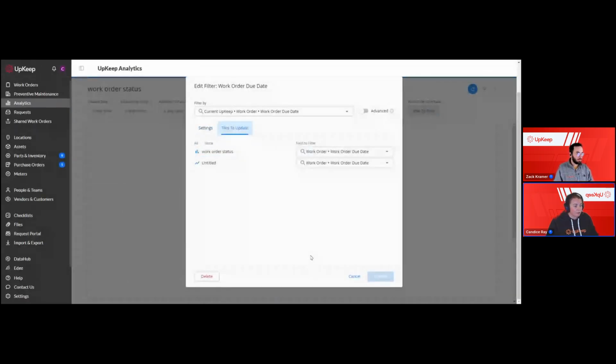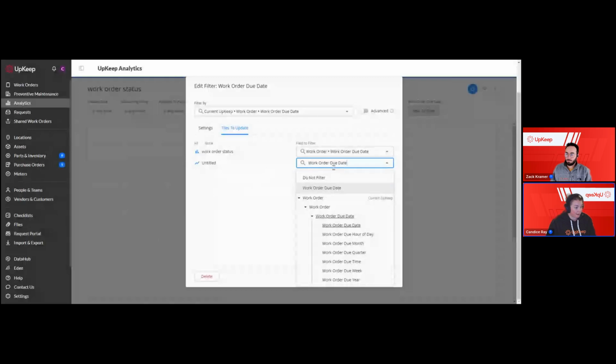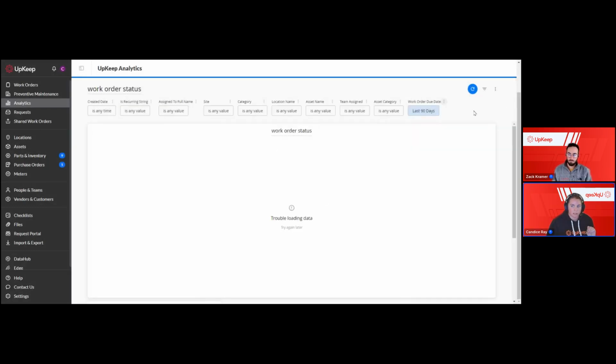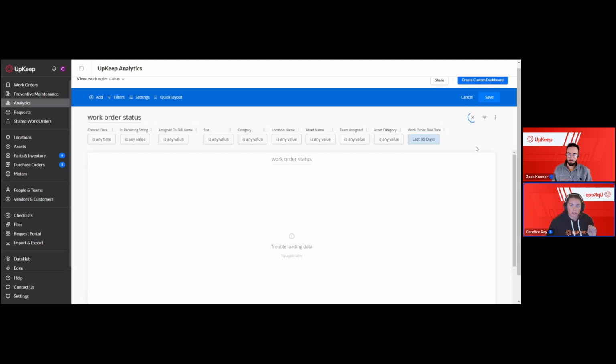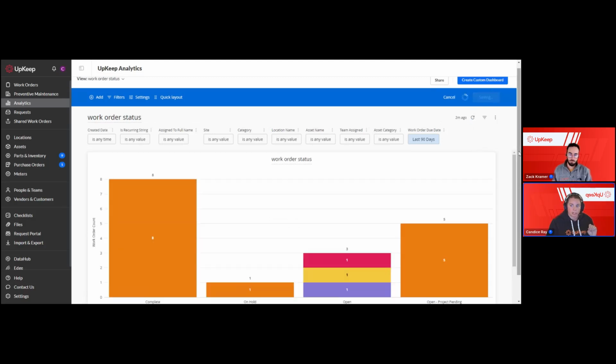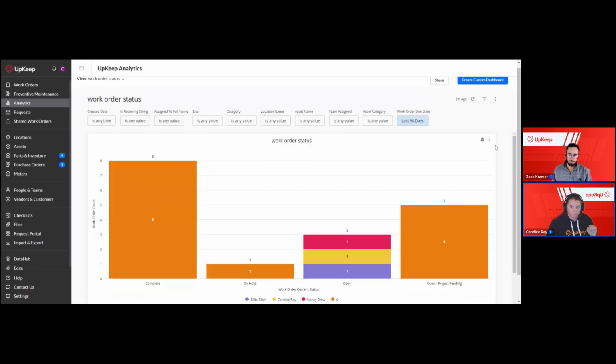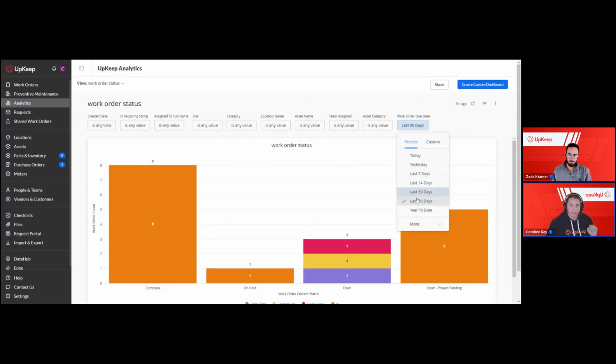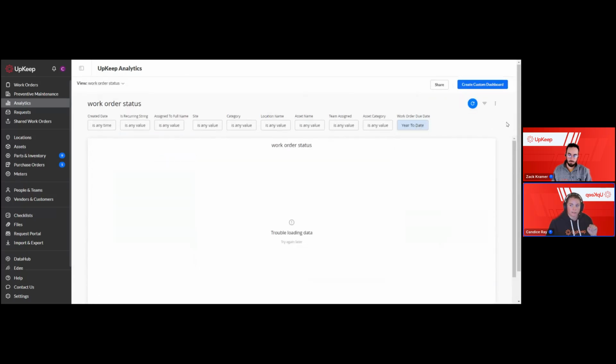tiles to update. Here's where you can decide which tiles you have built that this dashboard filter will apply to. Because that one is already set at 30 days, I'm going to say don't pay attention to that tile down there. Only pay attention to the one at the top. So then we're going to refresh this and hit save. We're going to see last 90 days. And if we come here and go year to date and hit refresh,